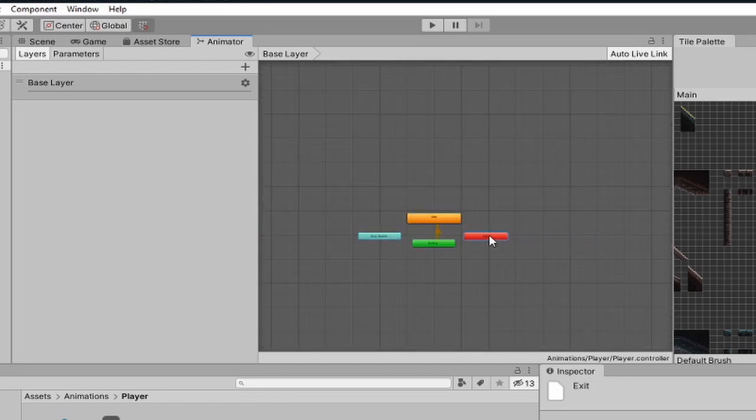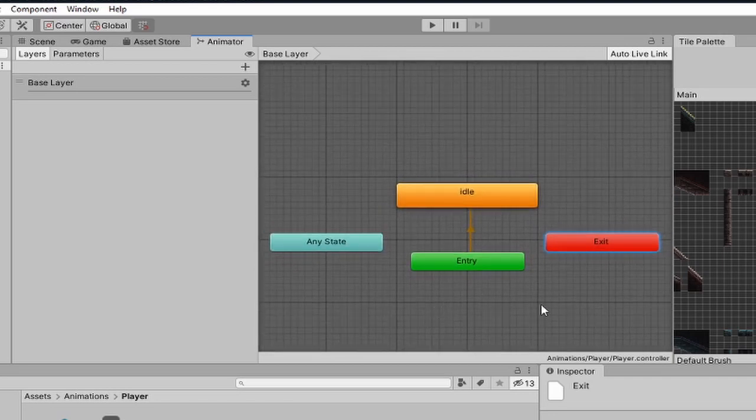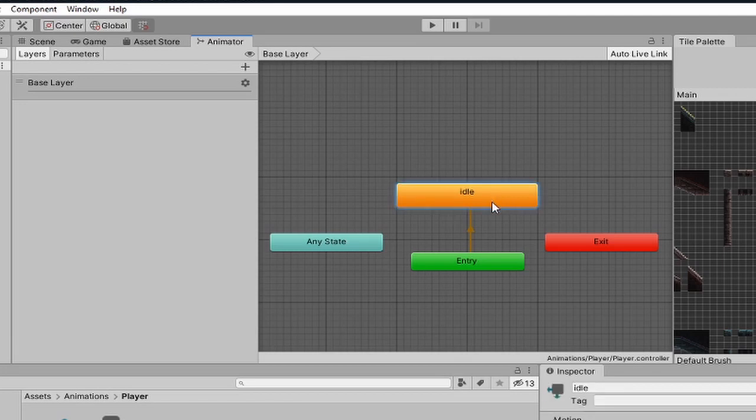I usually try and keep everything so that I can see it up close. And we have these weird bubbles that you probably don't understand. Any state, entry, exit, and idle. Now, idle is the bit that we're interested in right now, because idle is our idle animation. It was added to it when we created the animation. When it was created, idle was added to the controller. It was added as the entry animation that the controller should use. So that means when we go into our play mode, idle is the animation that will run to begin with, which is what we want